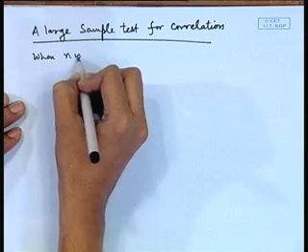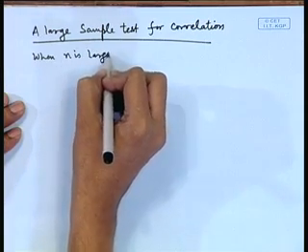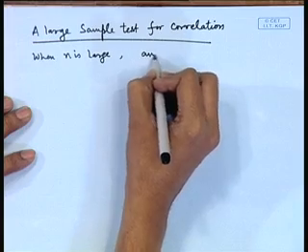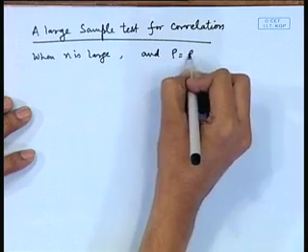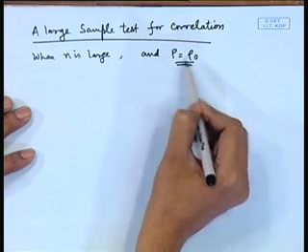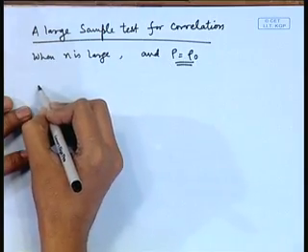When n is large and, say, rho is equal to rho naught. So, we may not test that rho is equal to 0, but some arbitrary value rho naught, then we construct